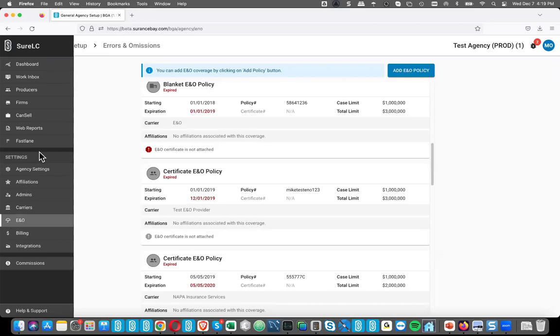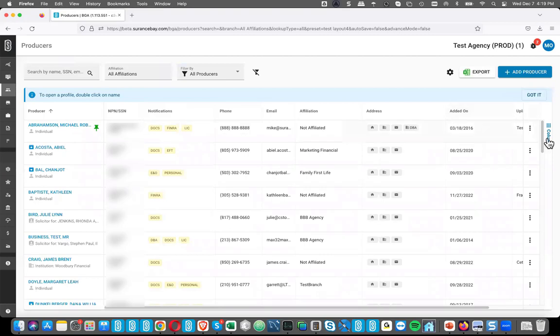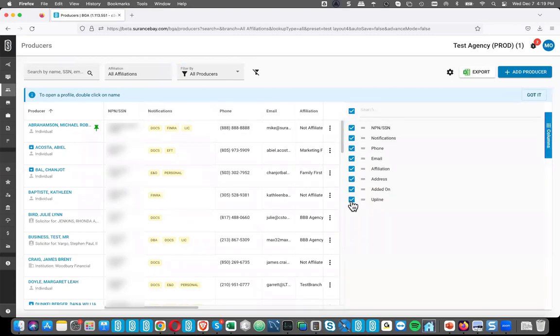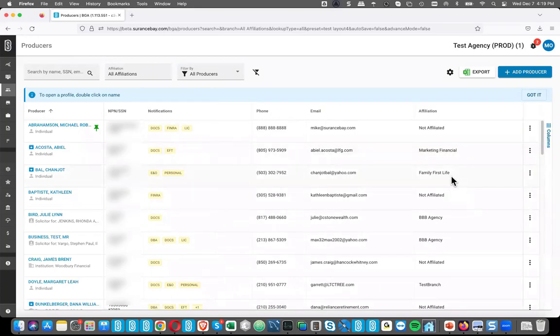And then will customizing the UI have any impact on other agency admins? Oh, that's a great question. So from the standpoint of like the producers list, where I go in and I change my columns and I remove, let's say, a few of these things, will that change for anybody else? The answer is no. This is your view, and it's saved on a per user basis. So when you come in here again, it will look the same as you left it, but it won't affect anybody else in your agency. They'll have to make their own changes if they want.